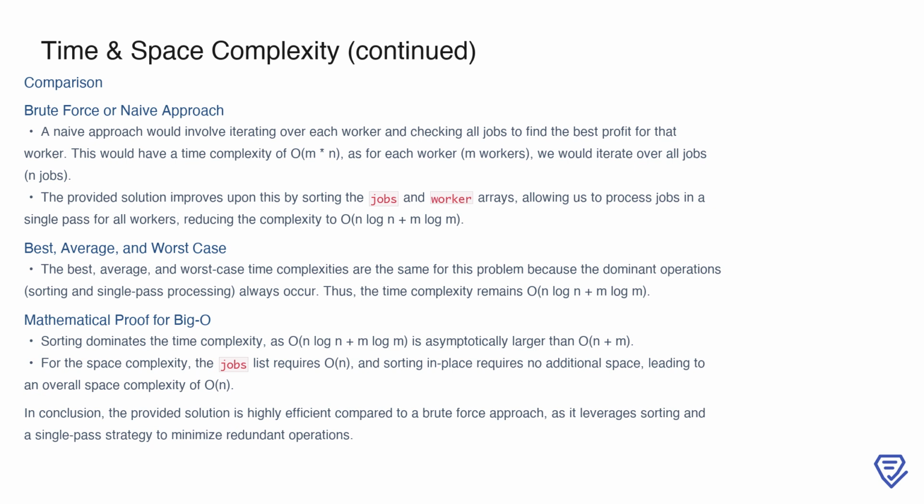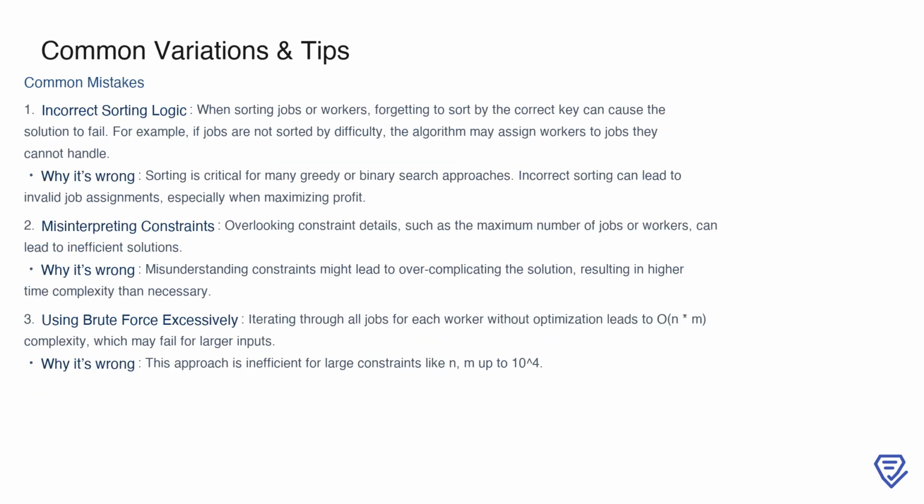This makes the provided solution both time and space efficient compared to the brute force alternative. One of the most common mistakes in this problem involves incorrect sorting logic. Since the algorithm often relies on sorting jobs by their difficulty or sorting workers by their ability, getting this order wrong can cause the solution to fail. For instance, if jobs aren't sorted by difficulty, a worker might be assigned a job they cannot handle, resulting in invalid outputs. Sorting is especially critical in greedy or binary search approaches, where the entire solution depends on processing elements